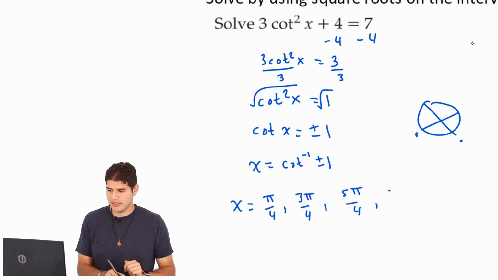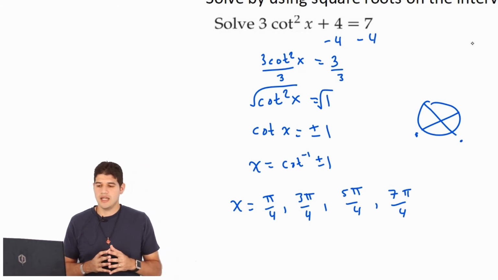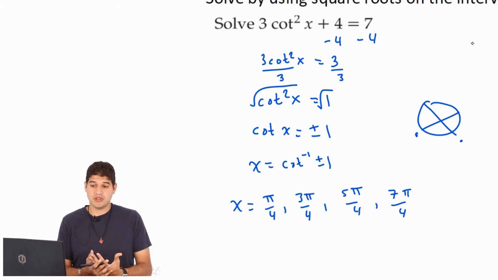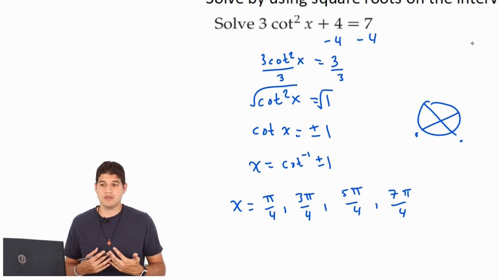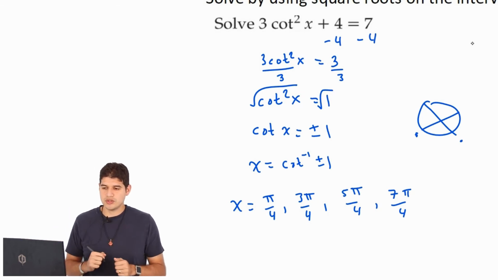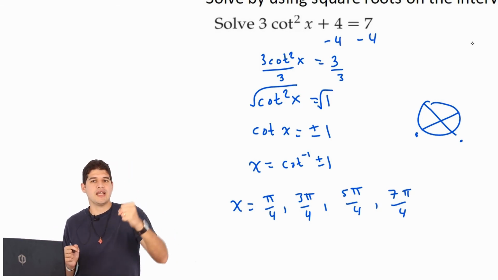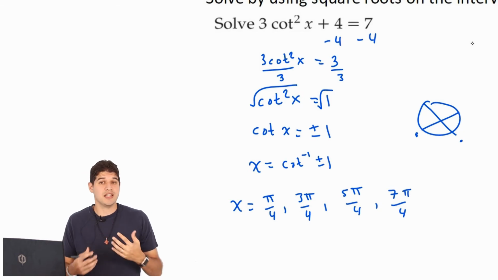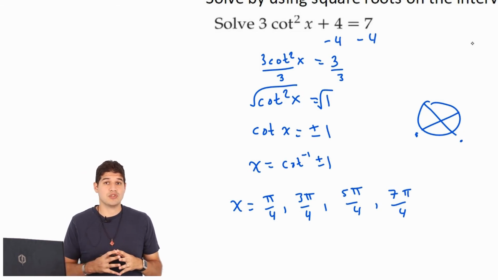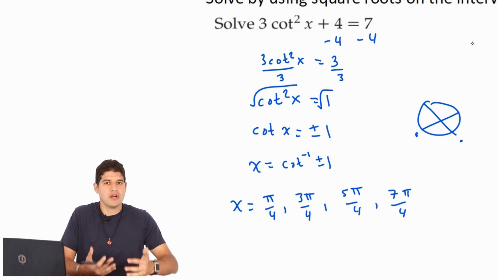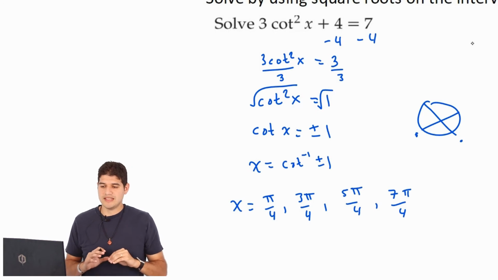And lastly, we get 7 pi over 4. So those are going to be 4 possible solutions. And I'm not going to do it in this video, but if you were to take those solutions and substitute them into x in our original function and check your answer, or if you were to graph this on Desmos or any graphing utility, you would notice that you would end up with these 4 solutions on our interval from 0 to 2